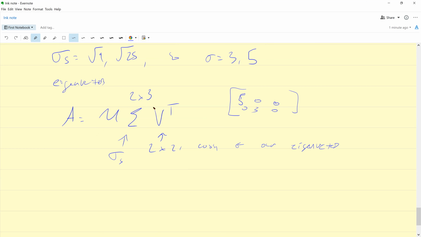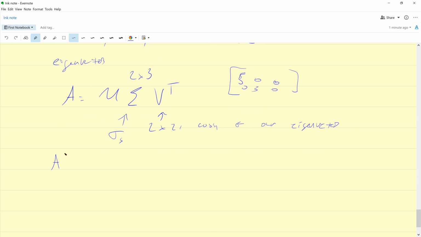And then U is, so A goes from R3 to R2. We want to go from R2 to R3. So we need to multiply these vectors by A transpose to get U. Yeah, I guess it doesn't really make much sense if they have time to explain the difference between trying to do it this way and then the longer way. But this is one strategy, and we can compute the actual numbers and go over that next time if that works, because I don't think we have enough time to go through it now.